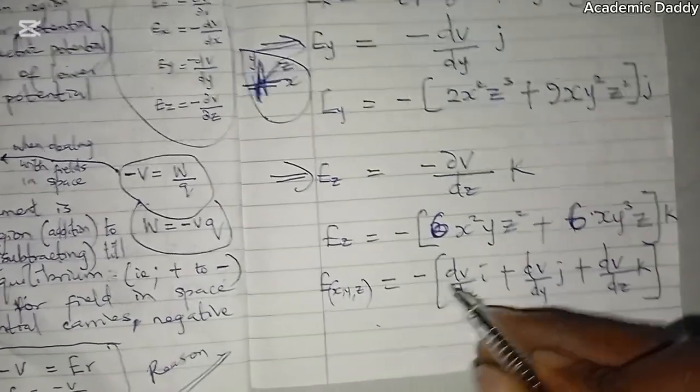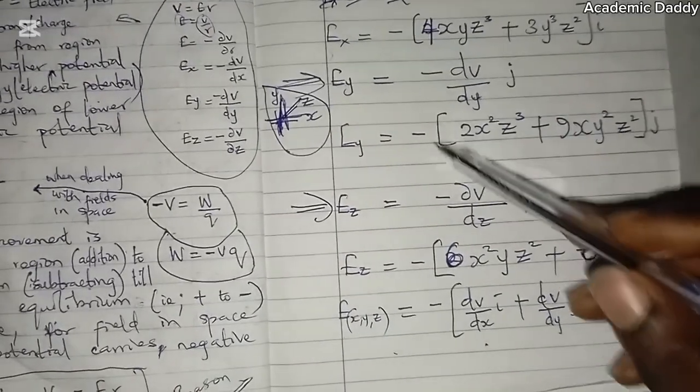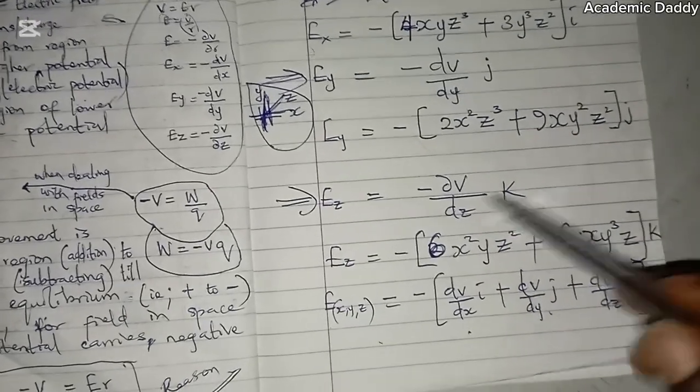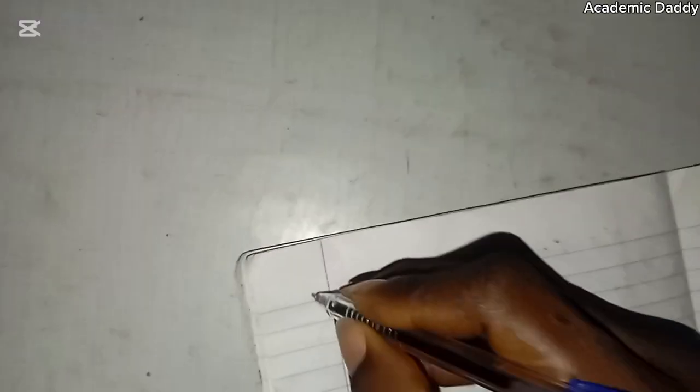So that I will now have everything and carry the value of this. Put for this one. Carry the value of this. Put for this one. So that I now have electric field in space. That is option A. Answering it now. I will now have it to be E equals to